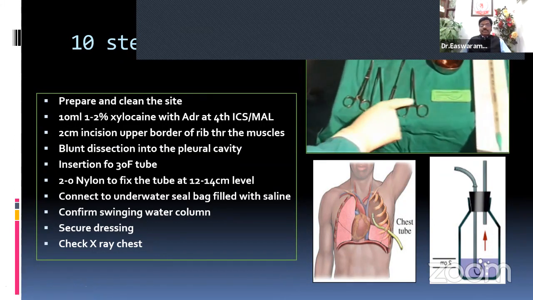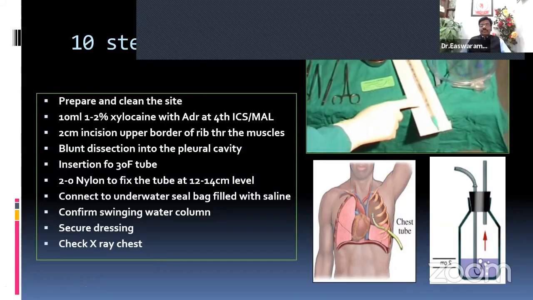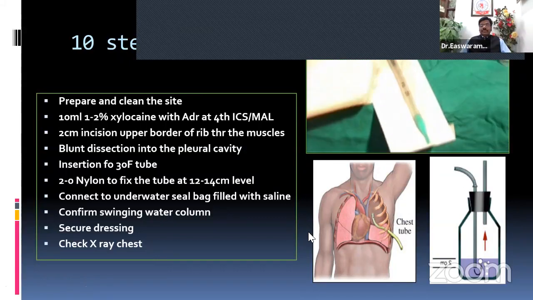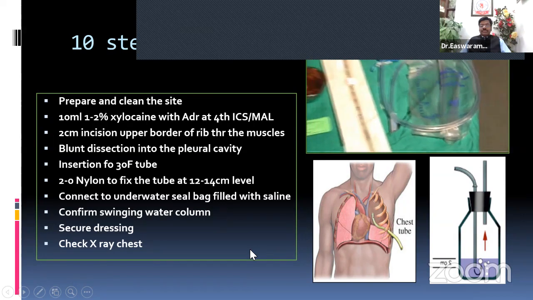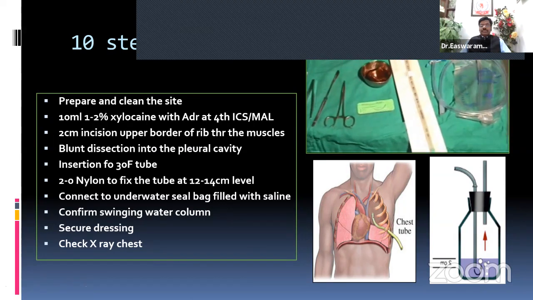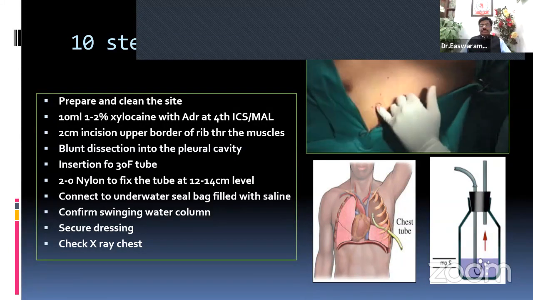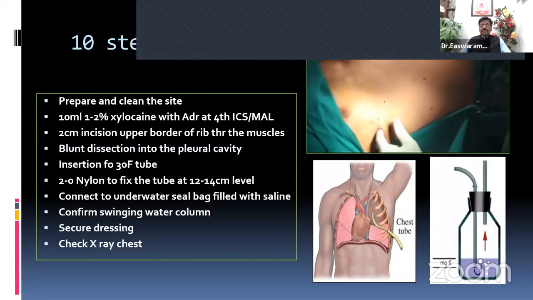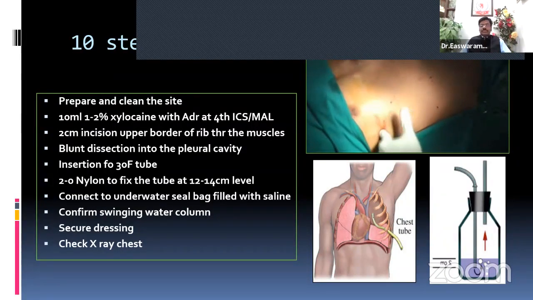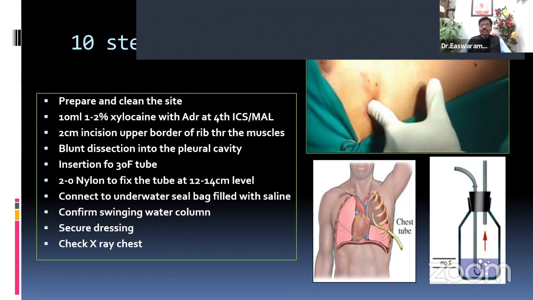Prior to ICD, we should have the ICD set open with the necessary equipment, suture material, a large chest drain, and the underwater system with sterile water. A small incision is made in the upper border of the fifth rib in the fourth intercostal space in the mid-axillary line, and a blunt dissection is done with the index finger going through the muscles, intercostal muscles and pleura,